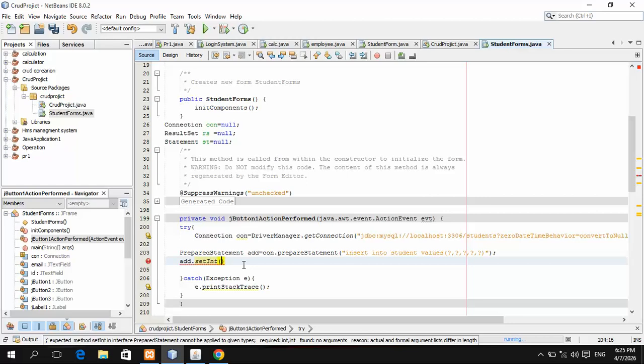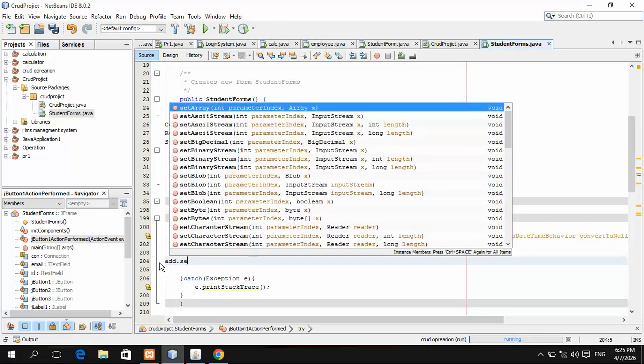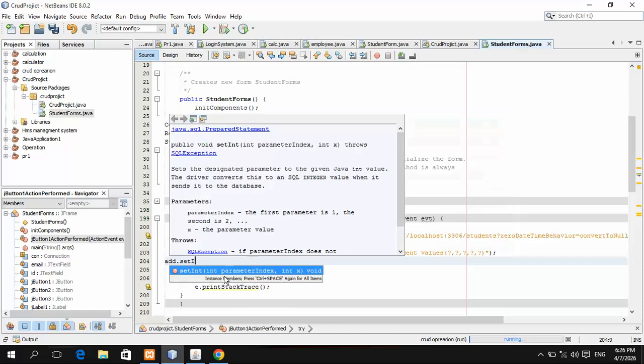After bracket you can write, for example, 1, the parameter is 1, and Integer dot valueOf.